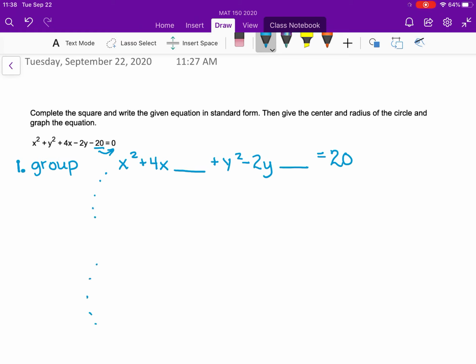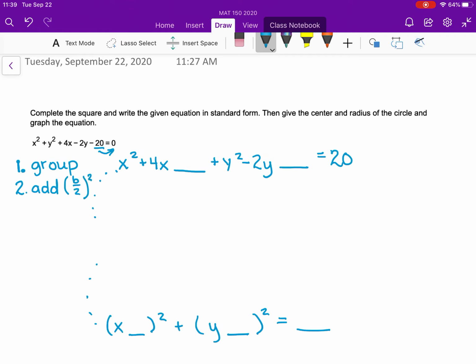All right. If you have done your circles homework, you know that my end result here after some steps is to have it so that I can easily tell what the center is, so h and k, and I can easily tell what the radius is. Okay? In order to do that, I need to add